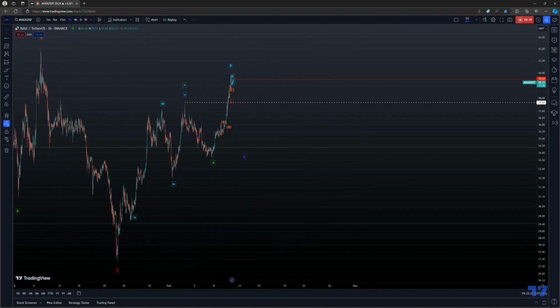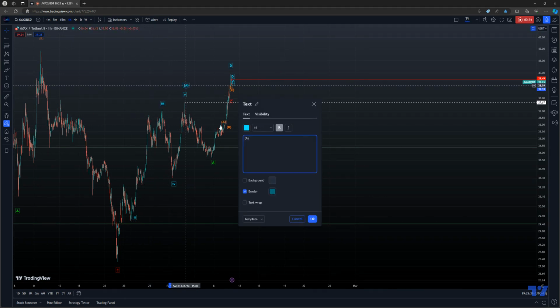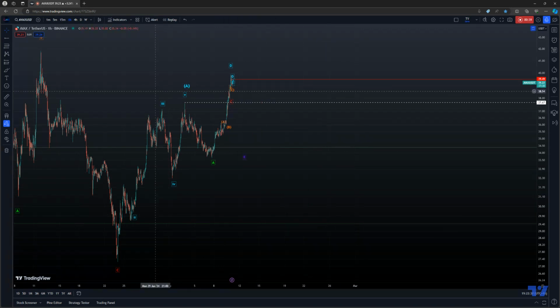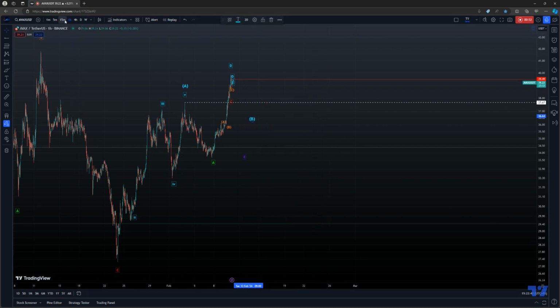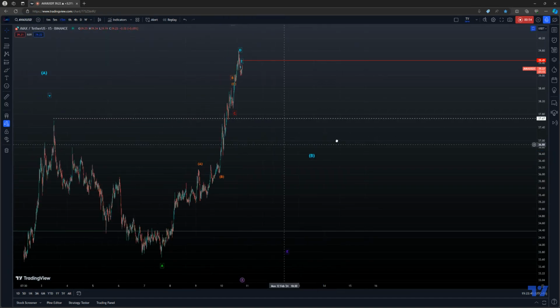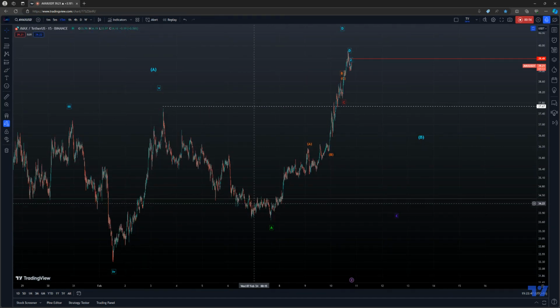So within that D wave, I believe we are in wave A, right? And sorry, we did see wave A. We are now in wave B, right? So wave B in progress. So within that wave B, if we just zoom into the 15-minute chart, right? I believe we saw an A and an expanded B,